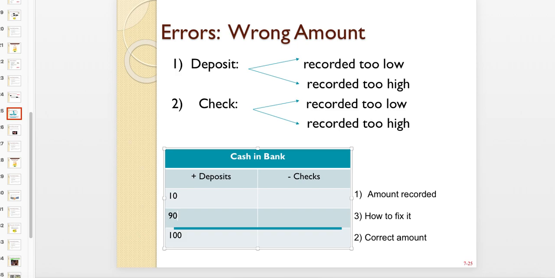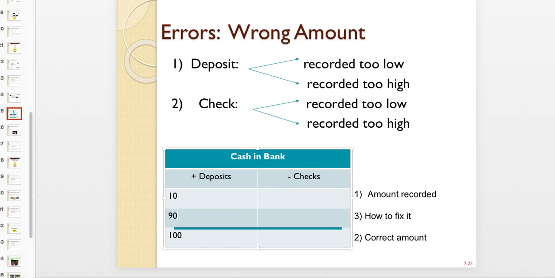You can't say that every error is going to be an addition on the bank side or on the book side. It will be different in every single scenario. So you have to go through this whole process. And again, if it's a check, you're going to do the same thing, but it's going to be on this side. And you're going to do that same 3-step analysis to figure out what you need to do to correct that